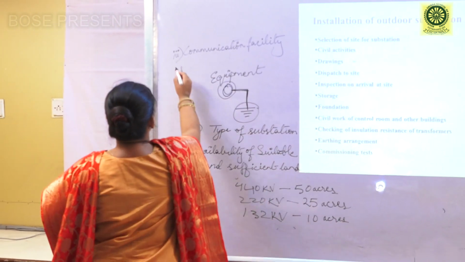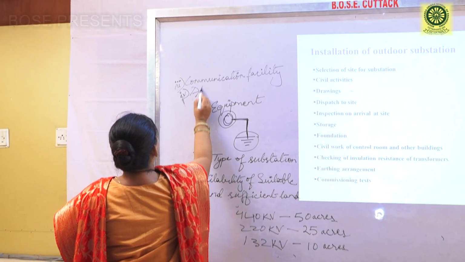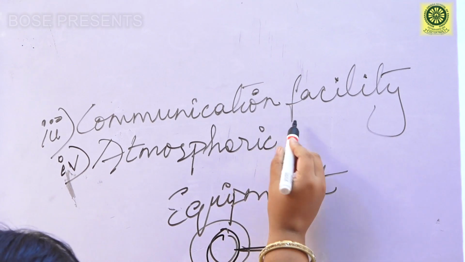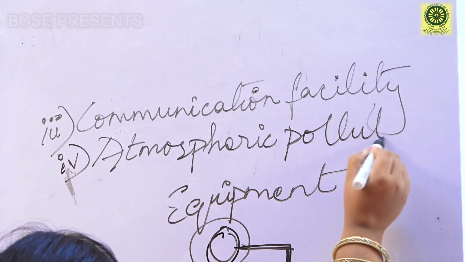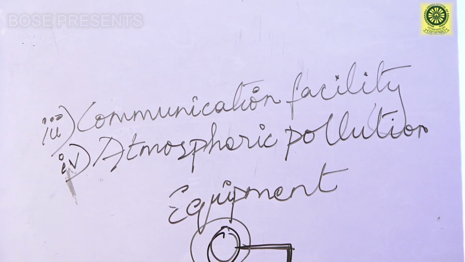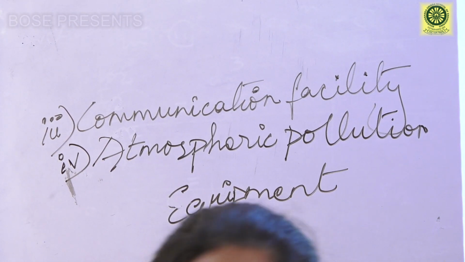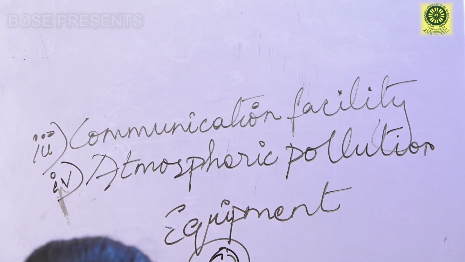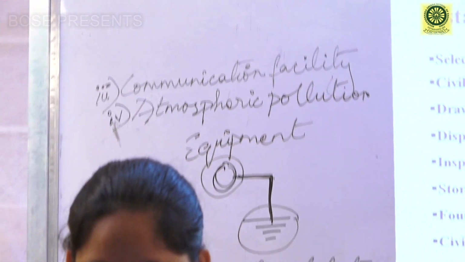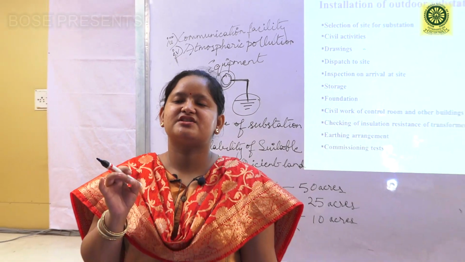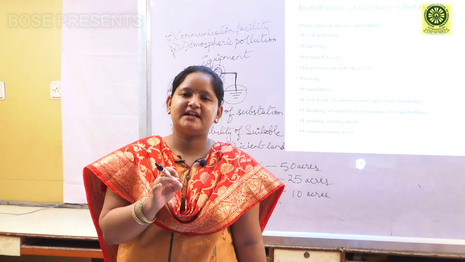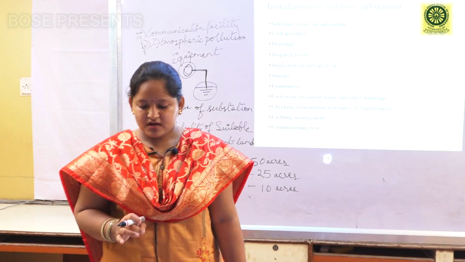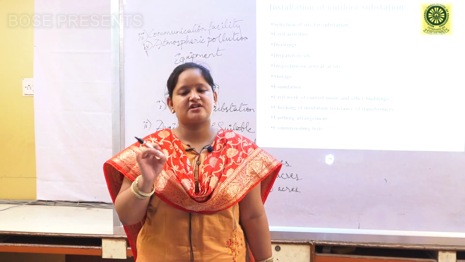Then the next point is atmospheric pollution. Atmospheric pollution means the atmosphere around factories which may produce metal corroding gases, air fumes, conductive dust, etc. And for substations nearer to the sea coast, there is also humidity and moisture, which is detrimental to the proper running of the power system. So substations should not be located near factories or sea coast.